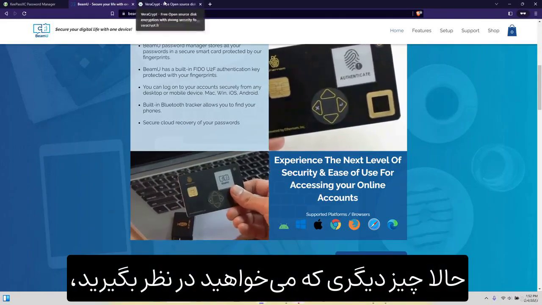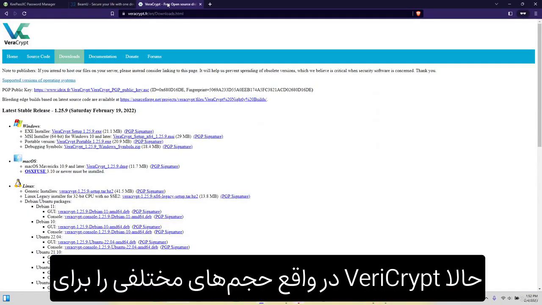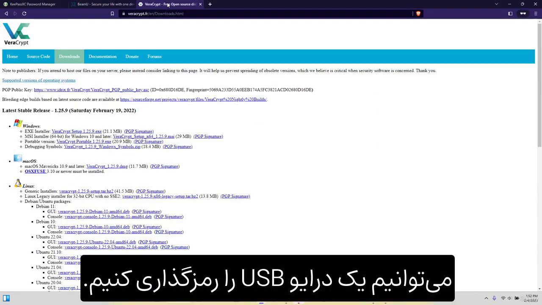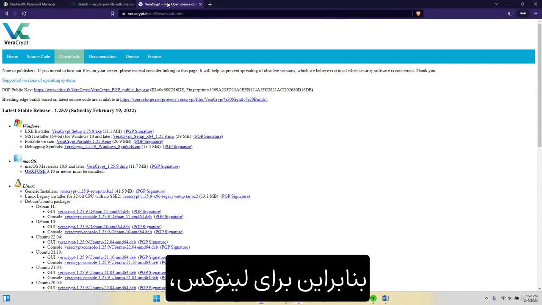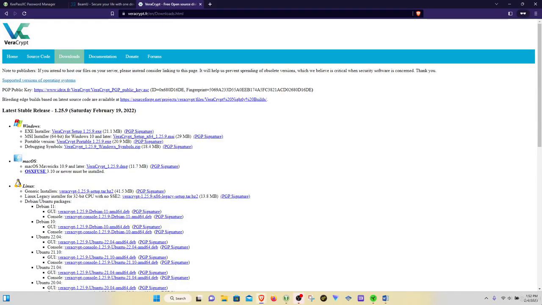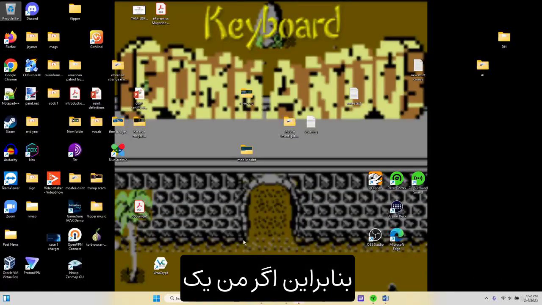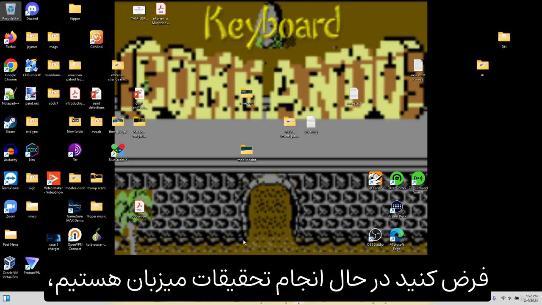Now, another thing you want to consider looking at is VeraCrypt. VeraCrypt will actually encrypt different volumes for you. We can encrypt a USB drive, we can encrypt folders on our system, and whatnot. And again, this is for Linux, for OS X, and for Windows. So, if I have a drive or a folder I really want to encrypt, say we're doing an OSINT investigation,